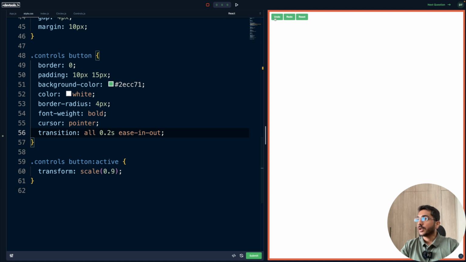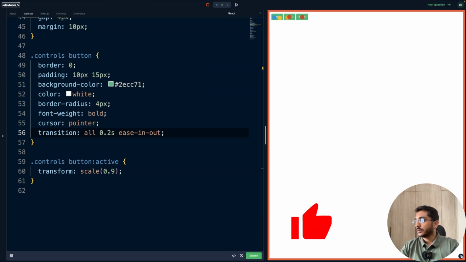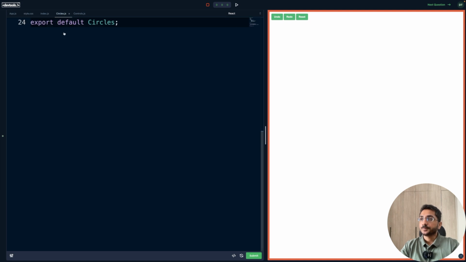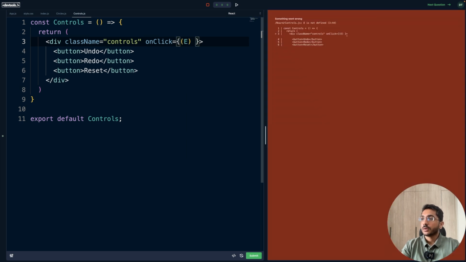But if I click on the button, you see there is a minor interaction now which was not there earlier. So first we need to disable this, so that if I click on the button, my circle should not appear at that point. So if I go to my controls, I can say that if any of my controls component is getting clicked,